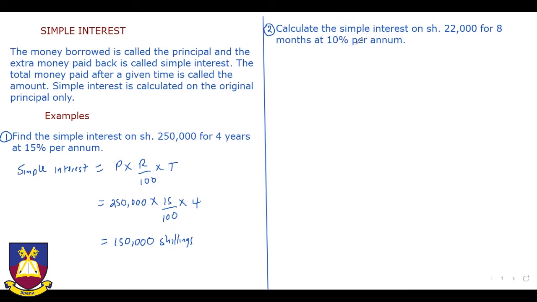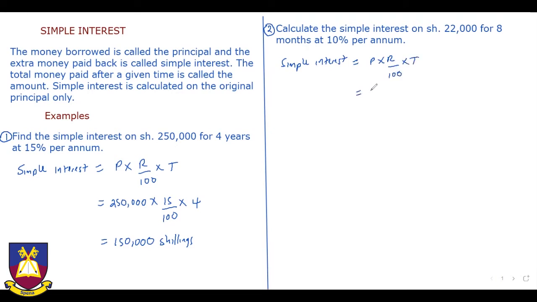So that means that when we're calculating, we need to change the 8 months to years. So simple interest